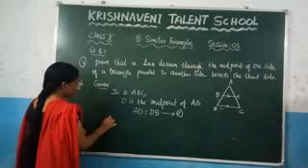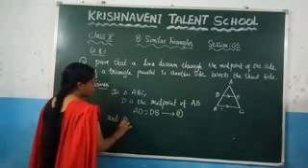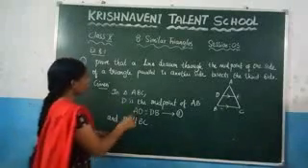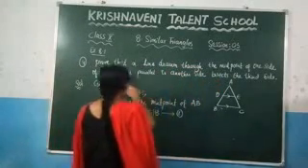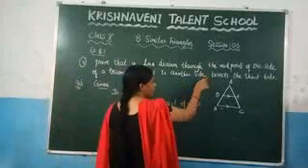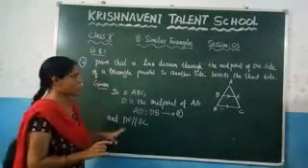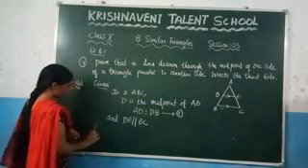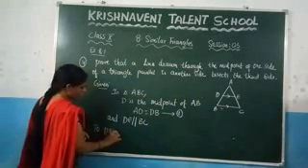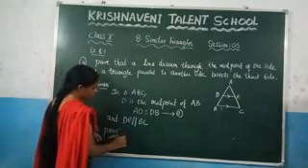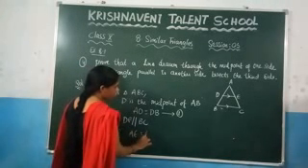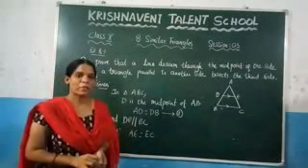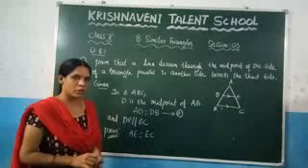And again, what they have given here, DE is parallel to BC. This is also given. You see the question, what they have given? A line drawn to the midpoint of one side is parallel to the other side. This is given. What we need to prove? We need to prove that it bisects the third side. So here, write it here to prove. What we need to prove here? We need to prove here what is the third side, which is AC. So we need to prove here AE is equal to EC. This we need to prove. Now here, by the basic proportionality theorem, we are going to prove this theorem.